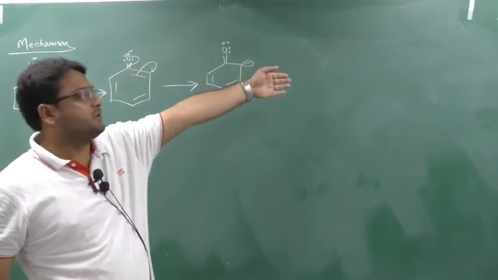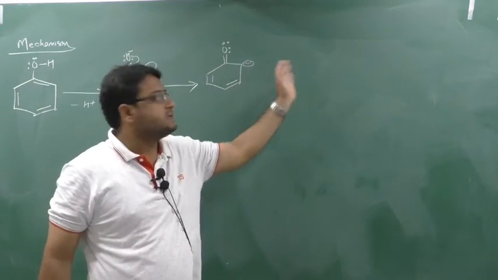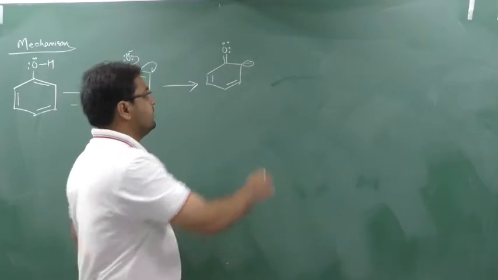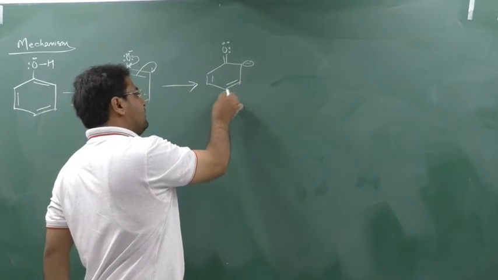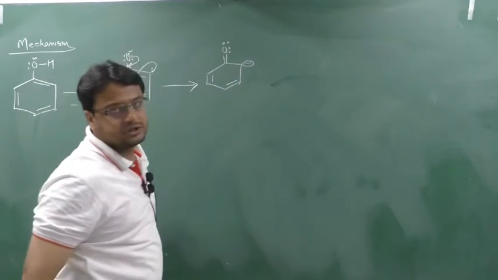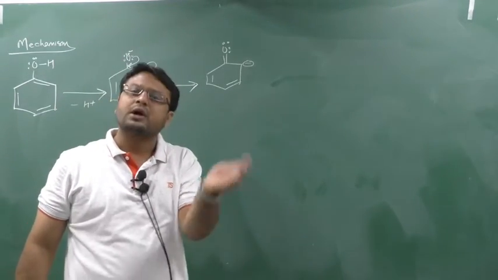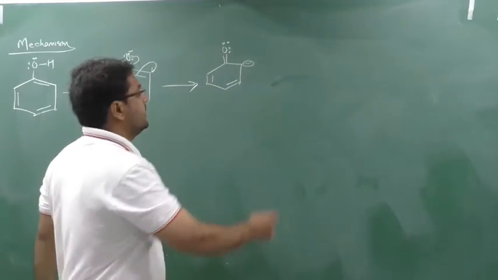Either you can show the mechanism with ortho, then you continue to start from here itself. If you want to show the mechanism with para, then follow one more step. What do you do? You shift this bond here, so this bond will break and come here. So one more extra step is followed, but I am showing the mechanism with ortho only, and you also show the mechanism with ortho. But sometimes if a question comes with para, follow one more advanced step. Okay. Now what will happen?